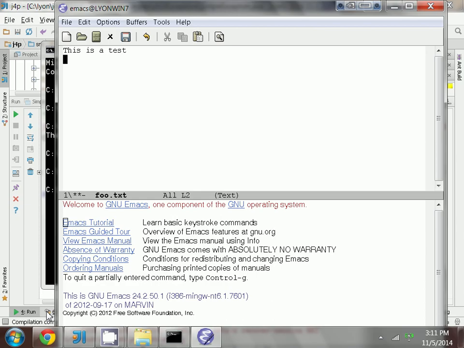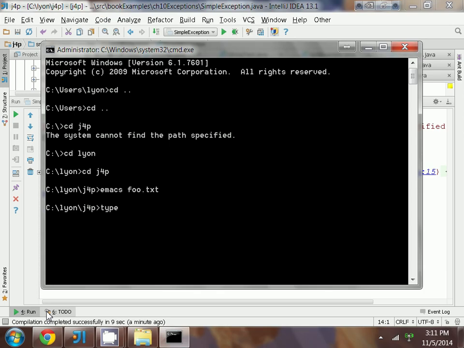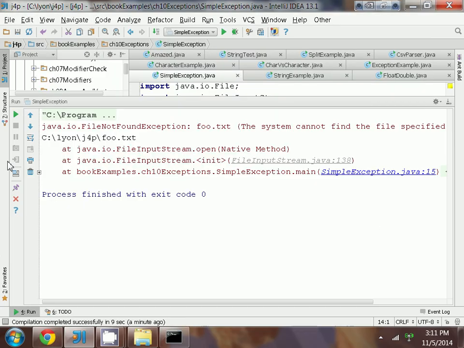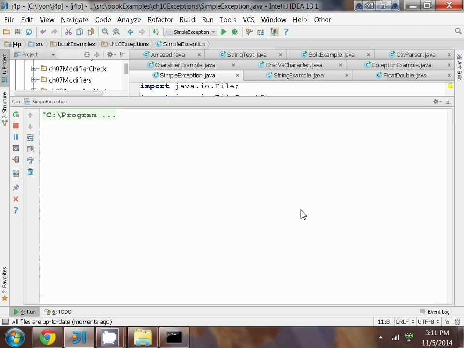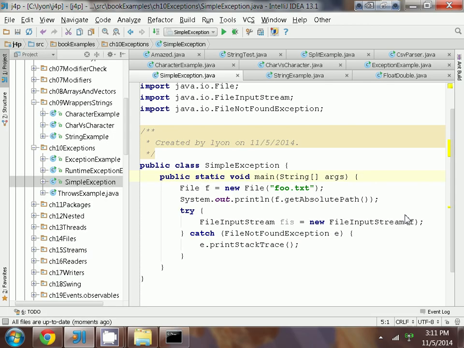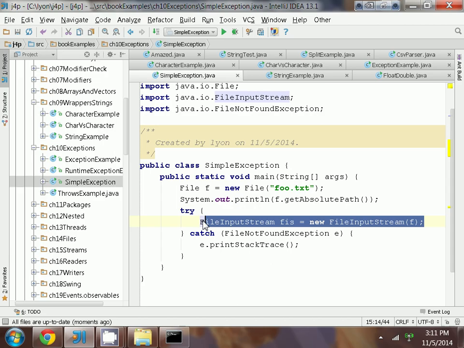This is a test of my little file. And what we'll do is we'll save it, and then we'll type it. And there's my little file. And so now it should exist. I think it exists. And there it is. How about that? So now I've got a file input stream, and I'm catching the file not found exception, but